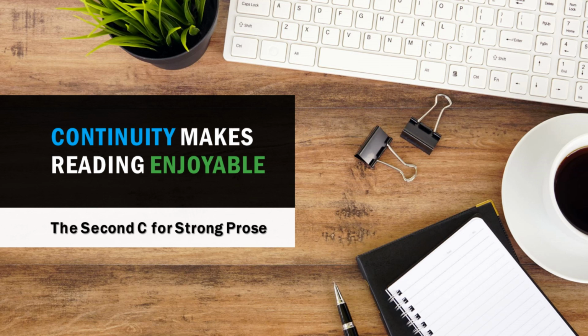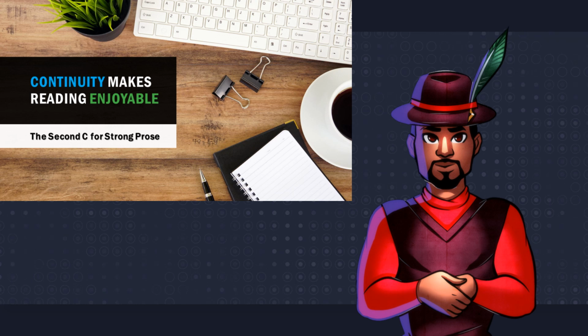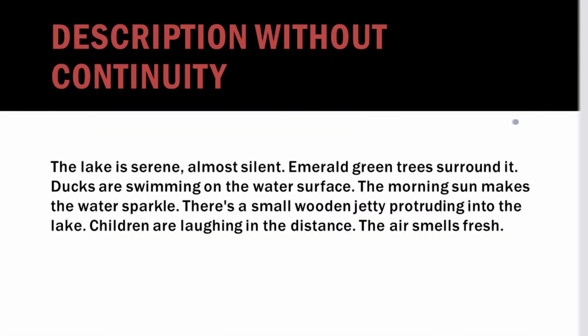Continuity in writing is like a masterfully constructed bridge, smoothly carrying your readers from one idea to the next, with no effort on their part. It helps readers get what the heck you're trying to say, and keeps their brains from getting overwhelmed. When there are gaps between sentences, readers must work extra hard to connect the dots, and that can lead to